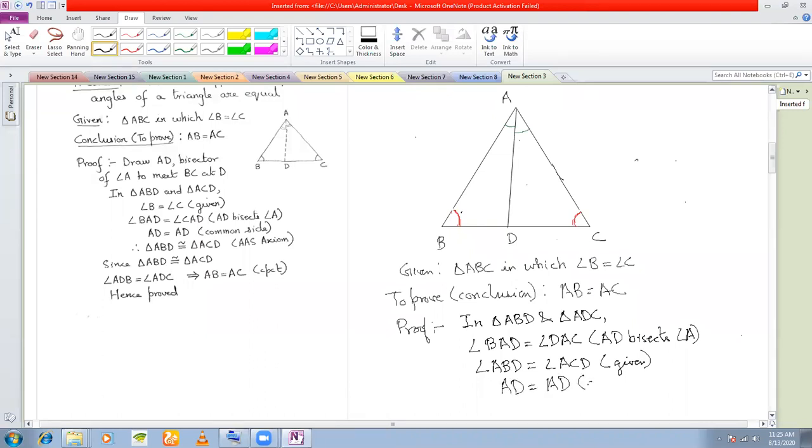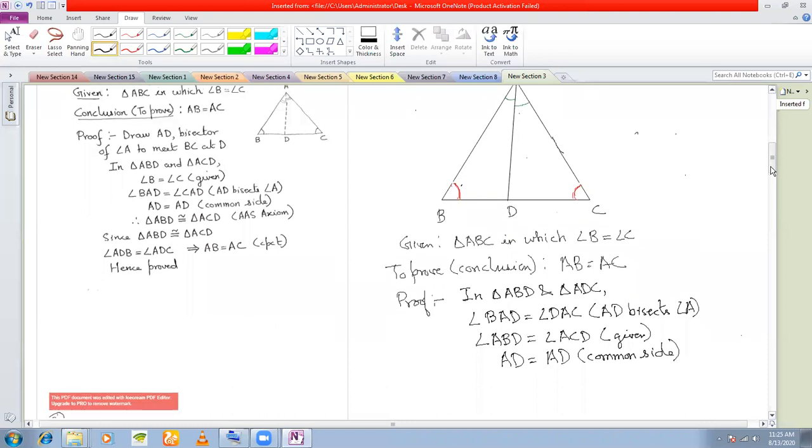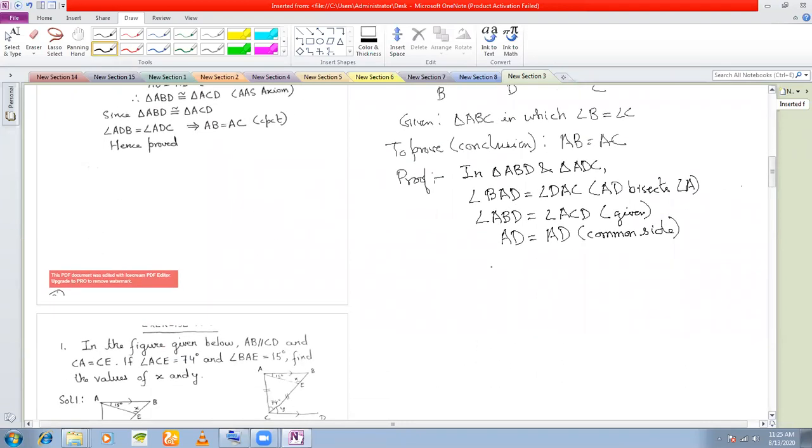This is the common side. Therefore, triangle ABD is congruent to triangle ADC by the angle side axiom. Okay. Hence,